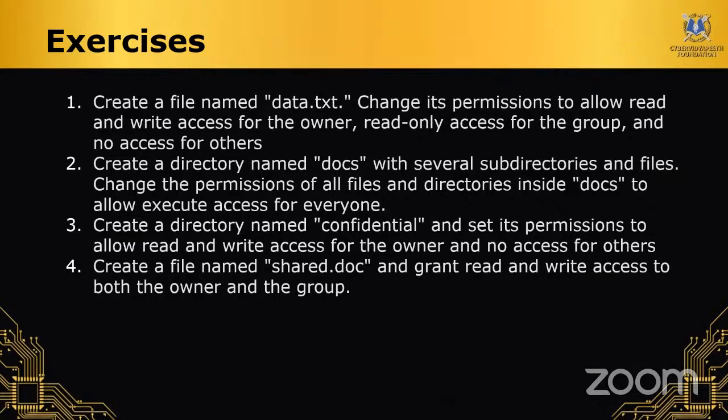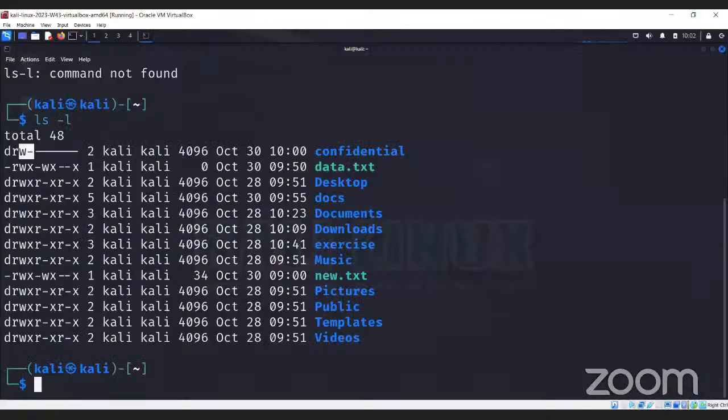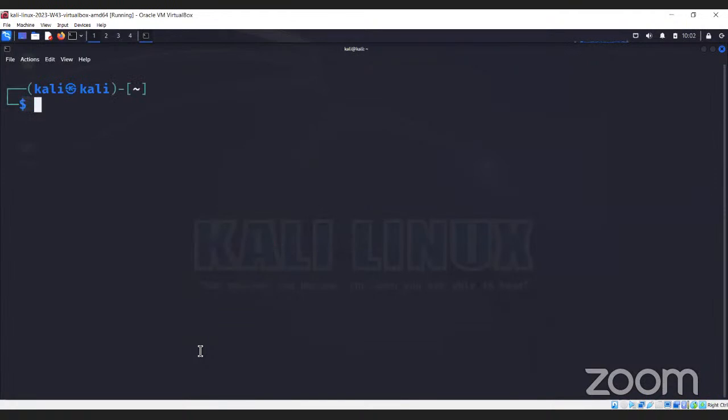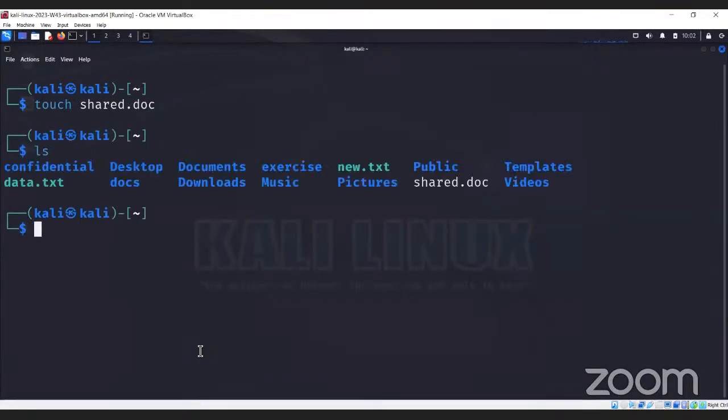So first we have to create a file of name shared.doc. For this we will use the touch command, touch shared.doc. As you can see, we have the shared.doc file created,